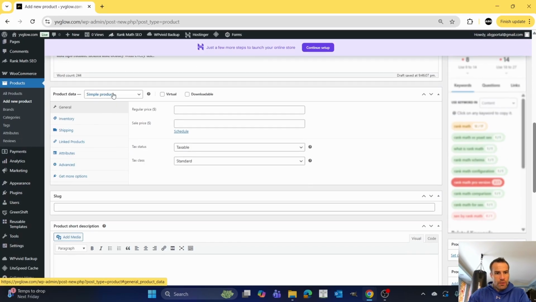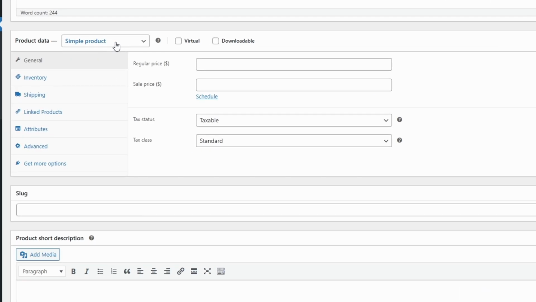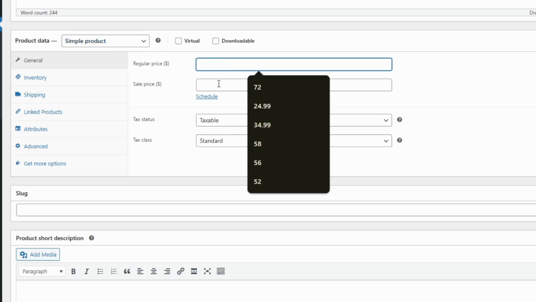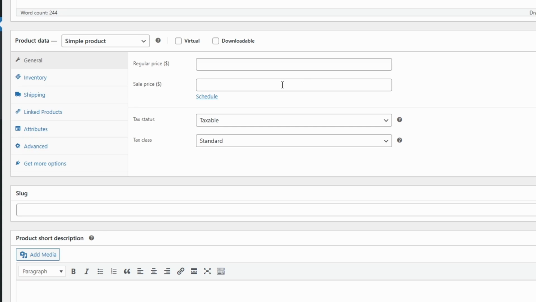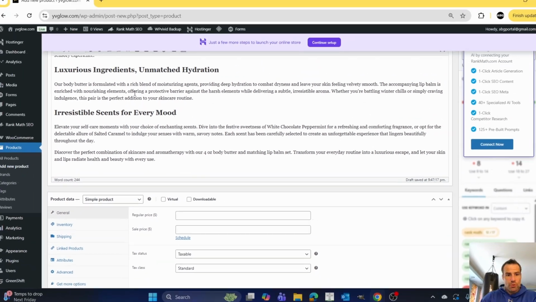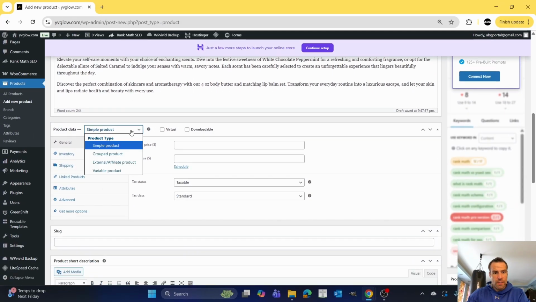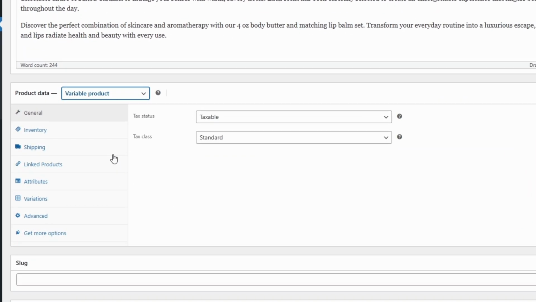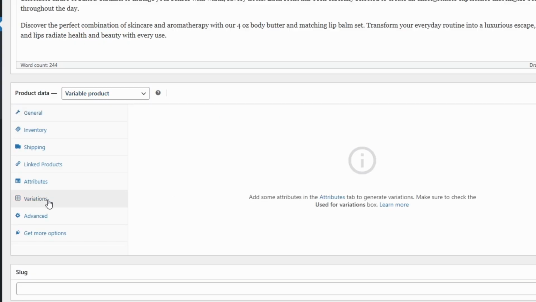Now, down here, if you have just one product, you keep this as a simple product. You put your regular price or your sale price. And if you have a sale price, it'll automatically come up with a sticker saying that it's on sale. But for this, because I have 2 scents, I need to create a variable product. So I want to show you how to do this. Under variations,